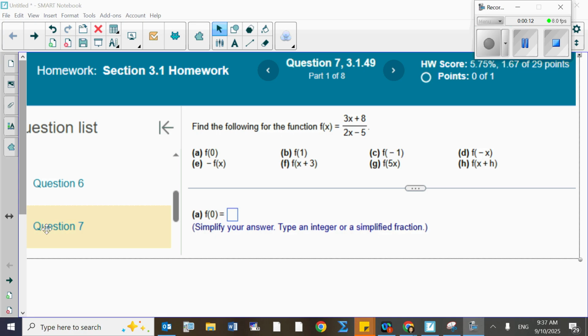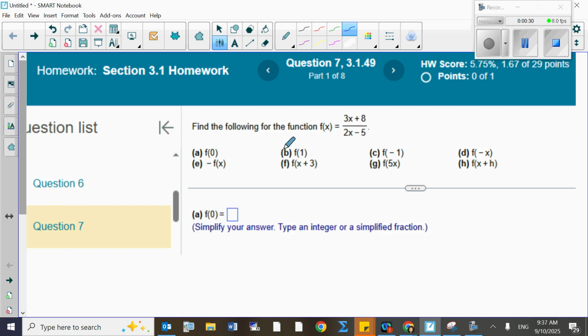I will start with question number 7, which is giving us this function and it's asking you to find f of 0, f of 1, or f of 5x, and so on for this function. So I'm going to start with